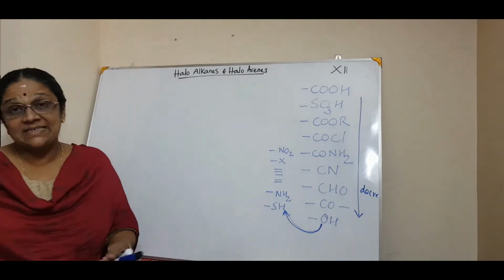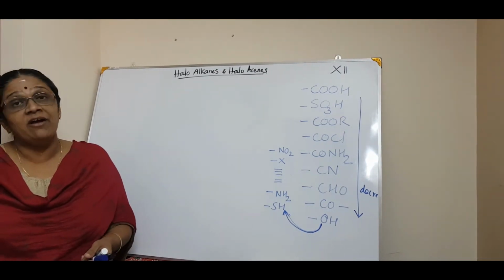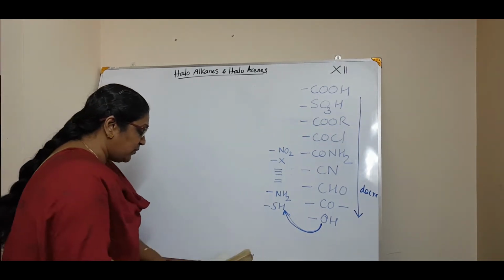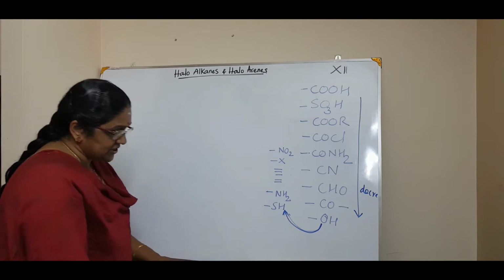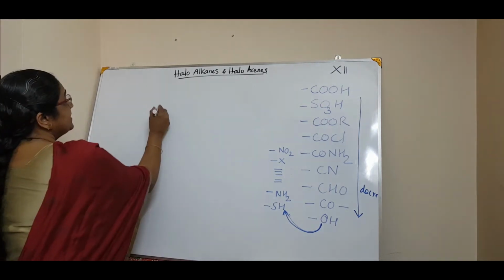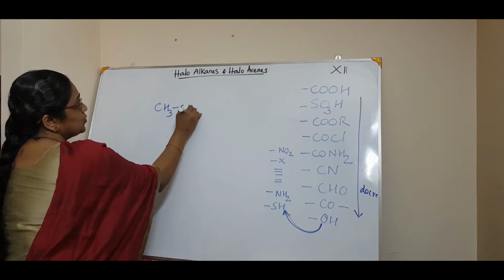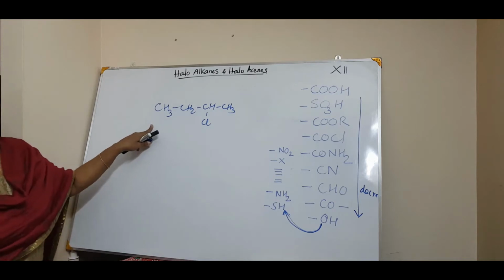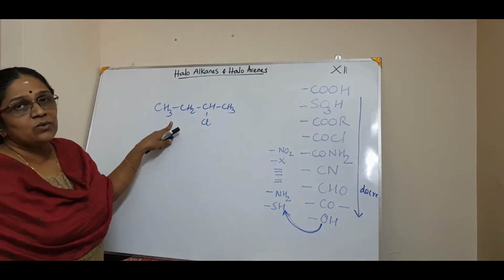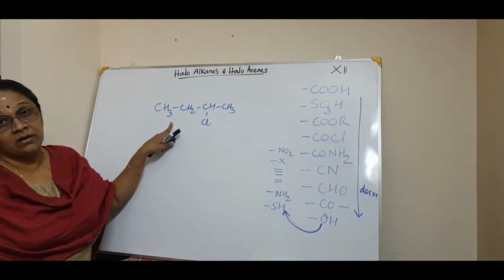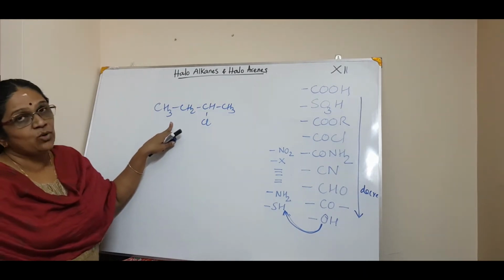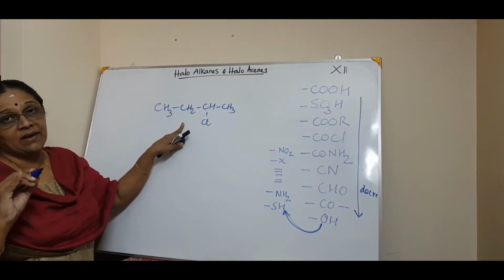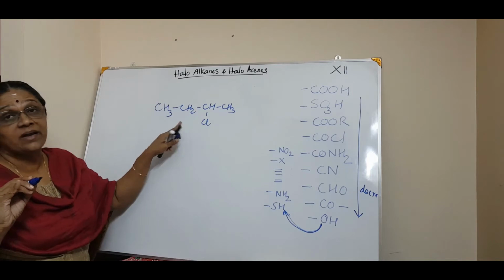Now we will see some of the examples in the textbook, the table which you have written. Some doubts were there, so I will go through that. The first compound is CH3 CH2 CHCl CH3. This was the first compound. Actually, you don't need to worry about the common name. They will only ask the IUPAC name, but for your confidence in naming, you have to know the common name also.